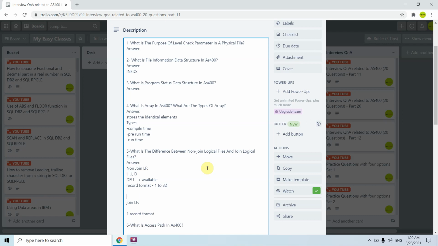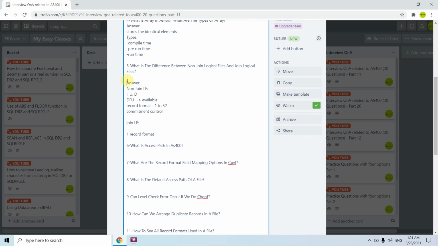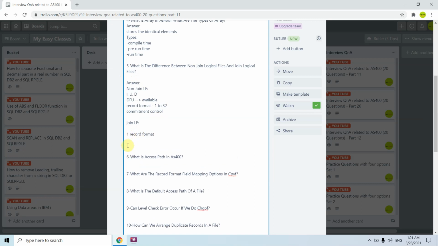Now if I would say commit, we can perform commitment control under a non-join LF, but we cannot perform commitment control on a join LF. So that's the difference between join LF and non-join LF. As you can see, I already explained there but didn't write it there.